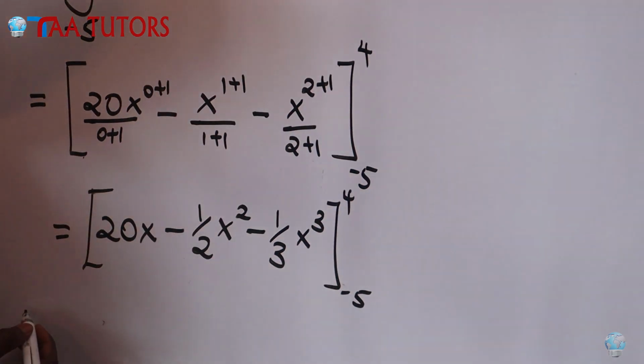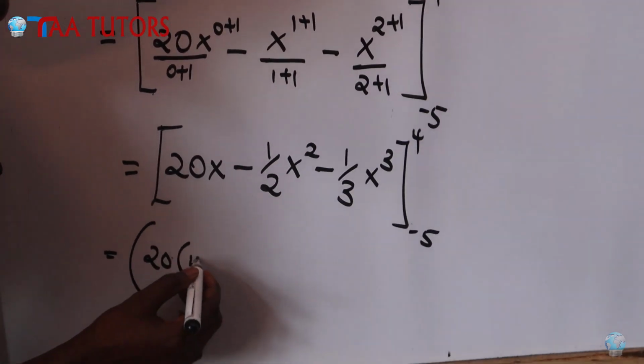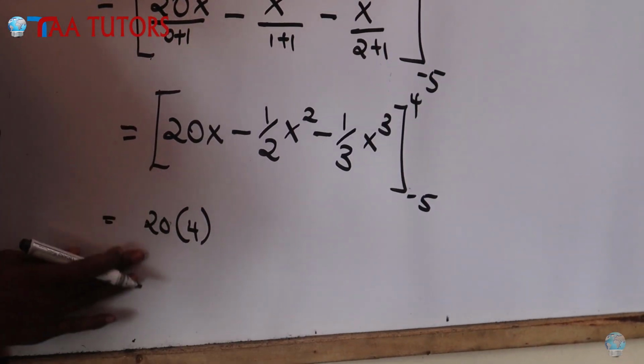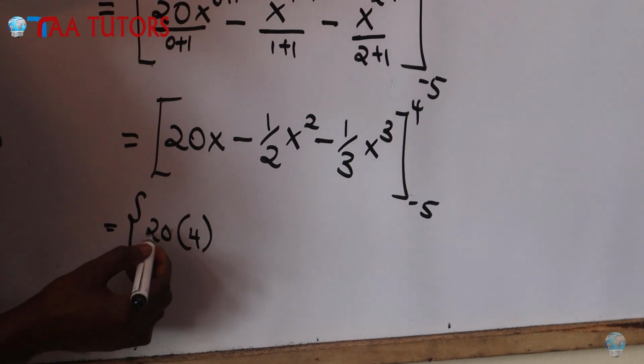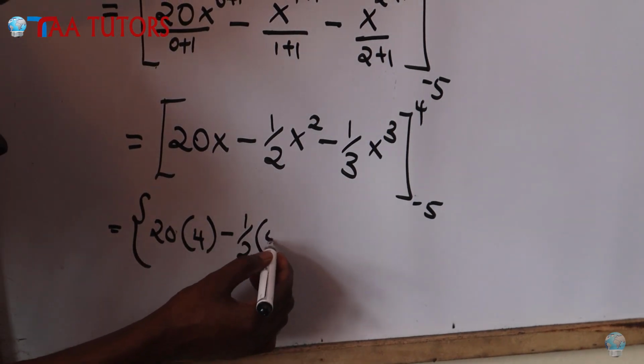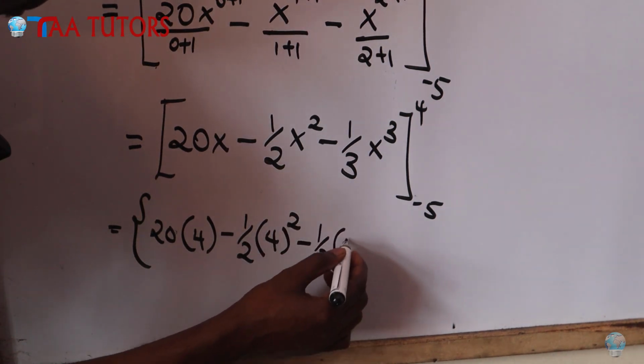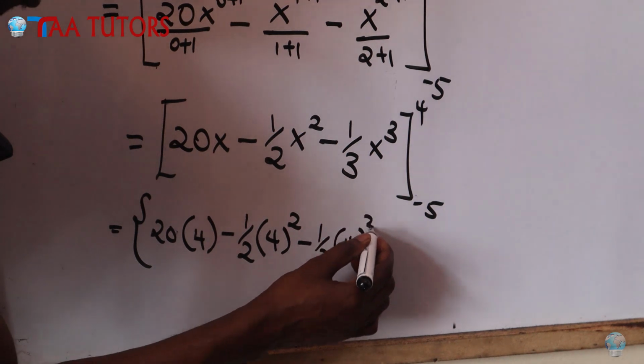So I'm going to say this is bracket 20, upper limit is 4. Let me use this kind of bracket, minus a half into 4 squared minus a third into 4 cubed